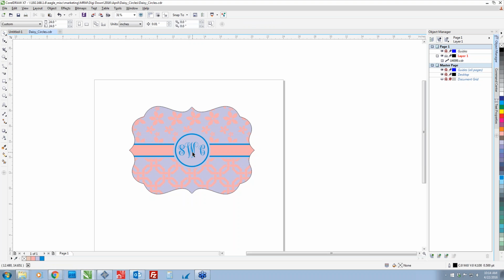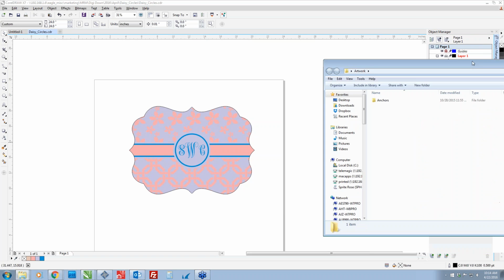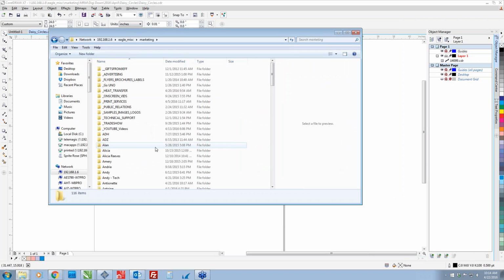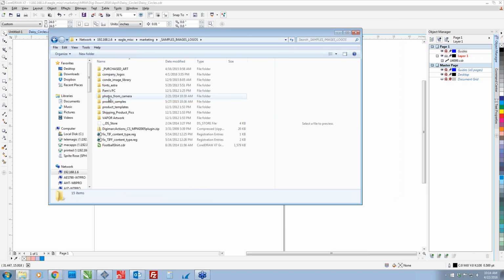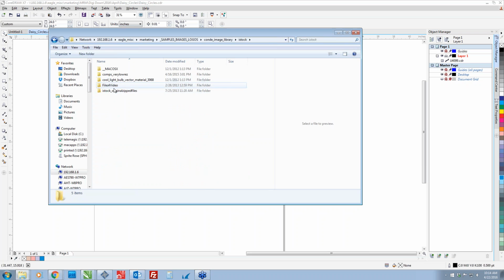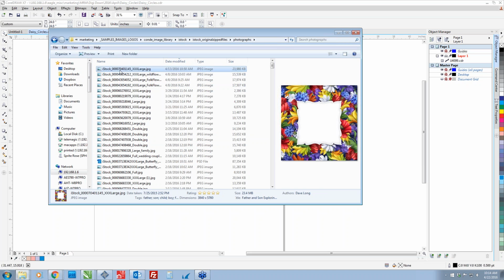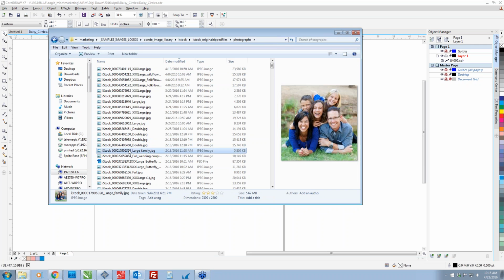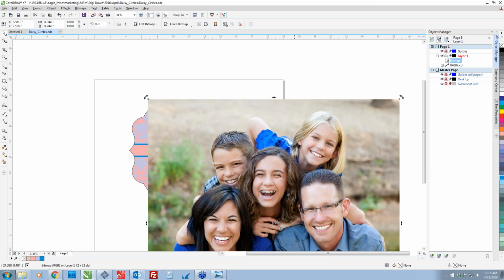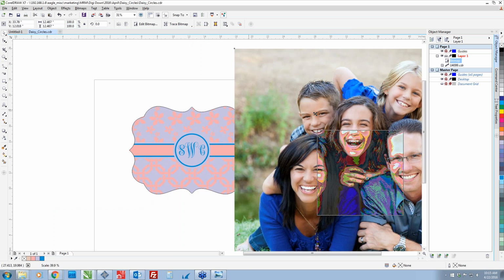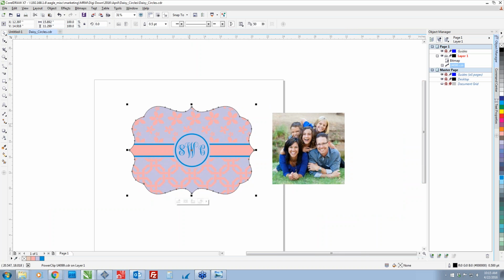Well, let's say that you don't like the images inside. So let's do a picture. Let me find a nice picture that I have. Let's find us a nice picture. Okay, this one will work well. All right, so you have this beautiful picture of this family. So we've decided that we don't like